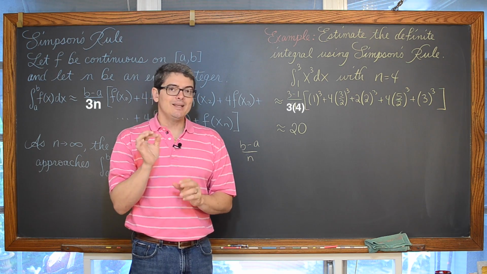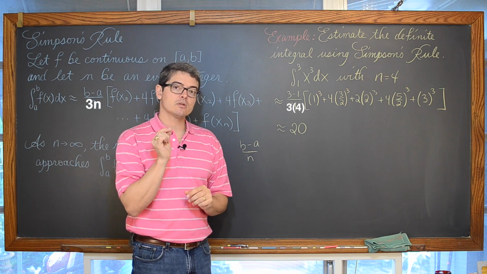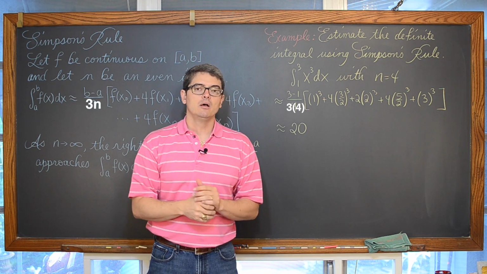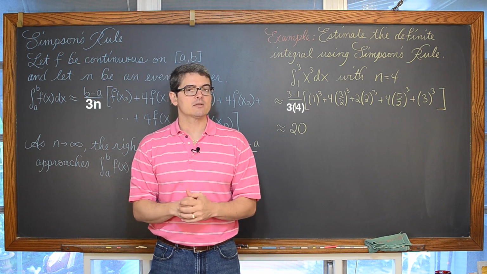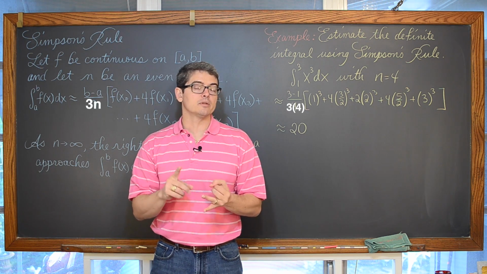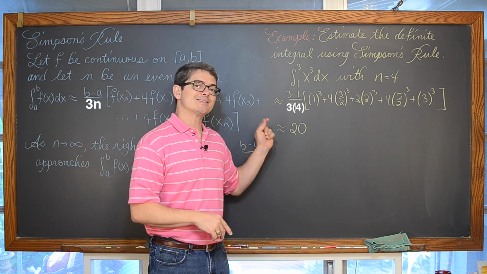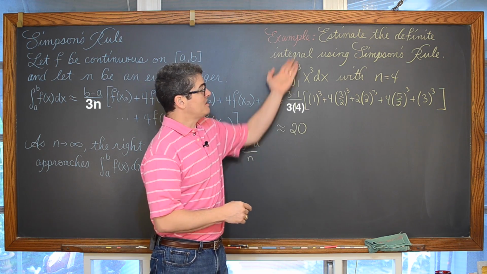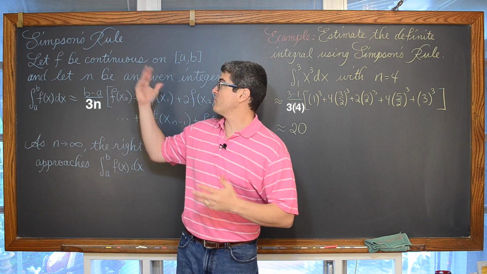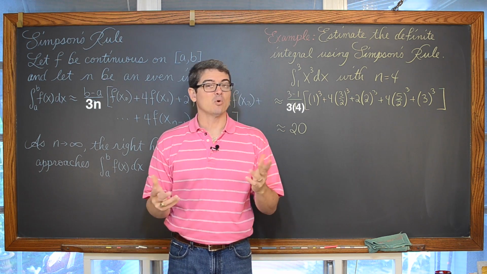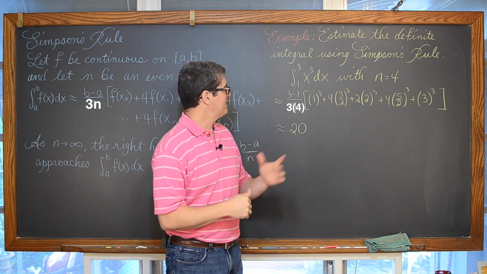Now, it is an estimation though, so in our next lesson we're going to talk about how to calculate the maximum possible error to expect when using the trapezoidal rule and Simpson's rule to estimate definite integrals. They're not always going to be exactly the same, but as you can see, they can be the same. More likely with Simpson's rule than the trapezoidal rule.